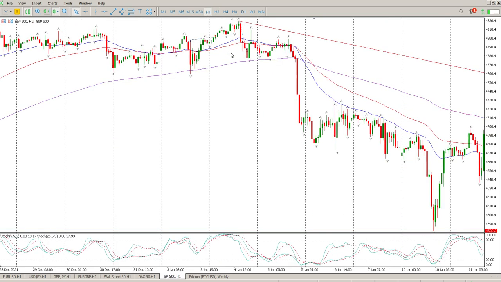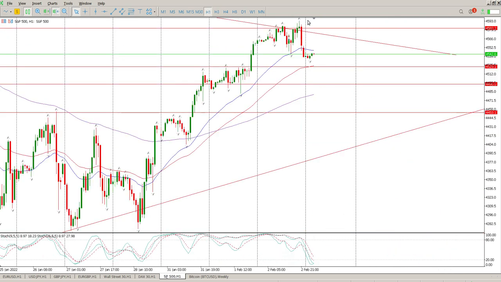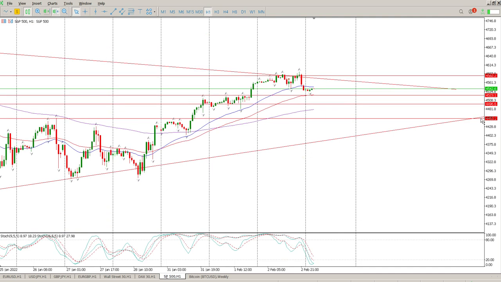So let's get down to the hour here. And you can see how we trended yesterday, sort of on that trend line, trying to get through, but basically rejecting. Whenever you see this kind of price action, you can see inside bar, engulfing bar, there's a pin bar, a bit of a range bar there, and then the acceleration down. So this could be a double top. And obviously the double top target,